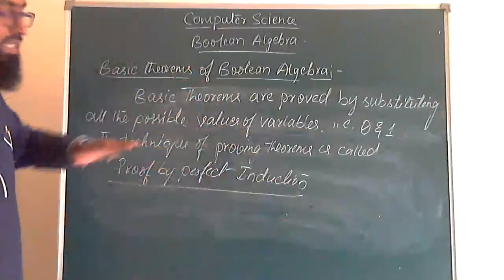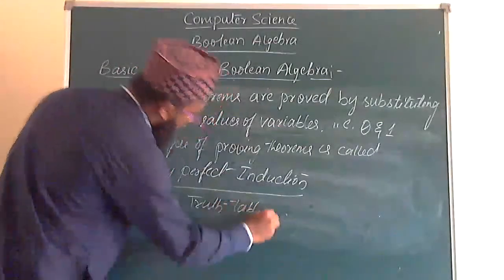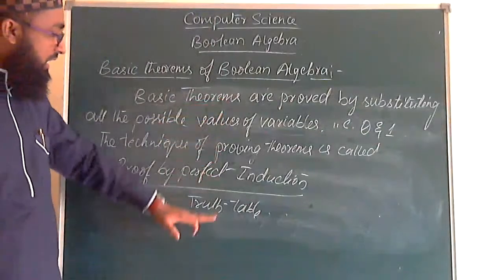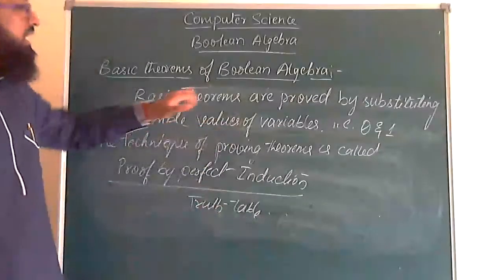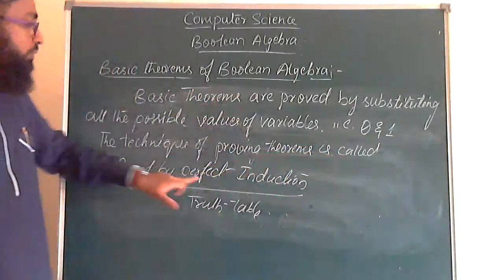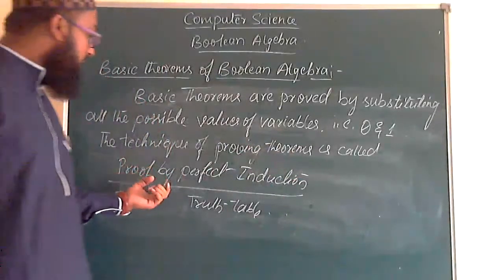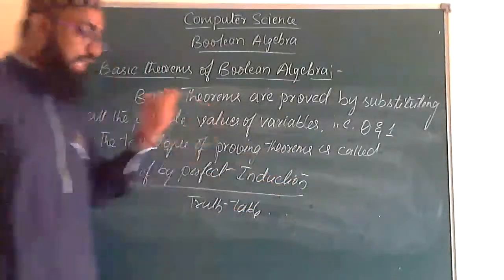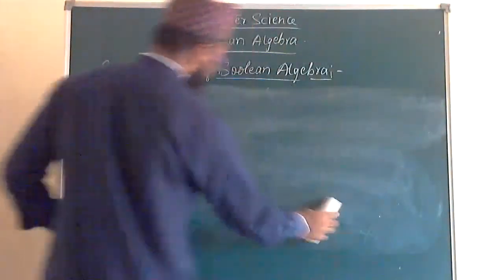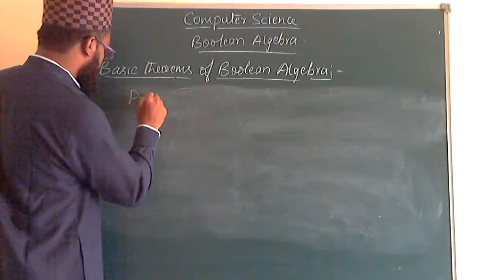These basic theorems are also proved by the truth table. Two things are there. One, by substituting all the possible values, we prove basic theorems. The second, with the help of a truth table, we prove these basic theorems, and the technique used is called proof by perfect induction. You may get a question in your examination: what is proof by perfect induction? Then you have to write: